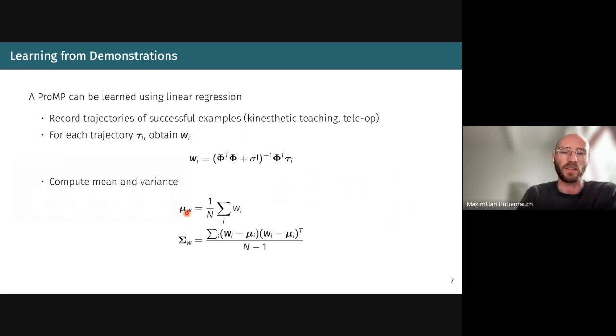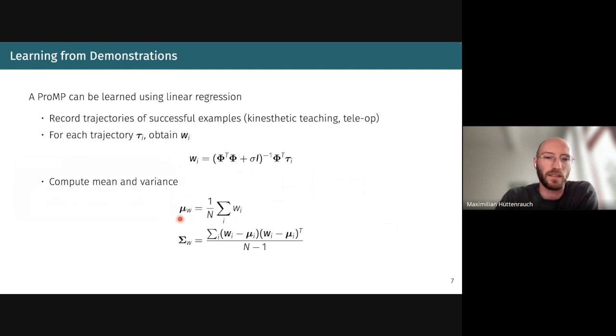a task. So for example, if we had this maracas playing robot, we can move the arm, record the trajectory, and then take these trajectories and do linear regression, or least squares regression. For each trajectory, we can obtain a weight vector W that describes the task. And in order to create a ProMP out of this, if we have multiple trajectories, we can